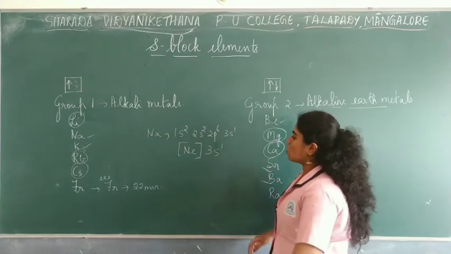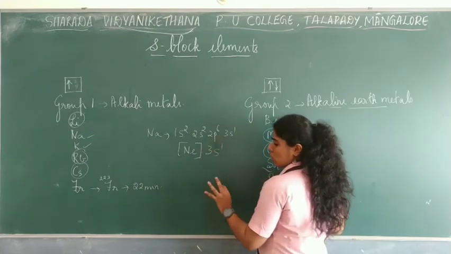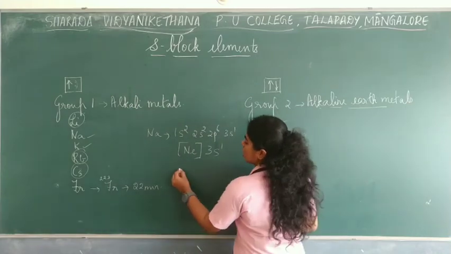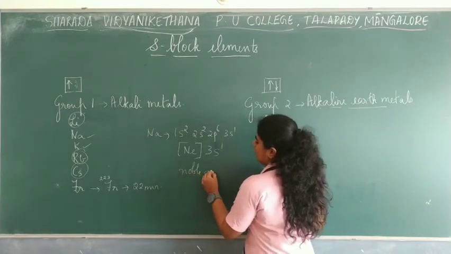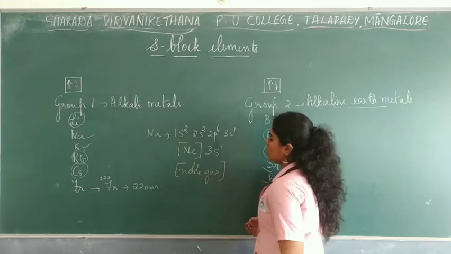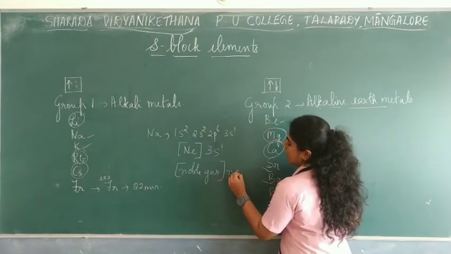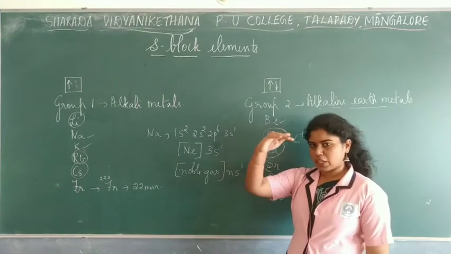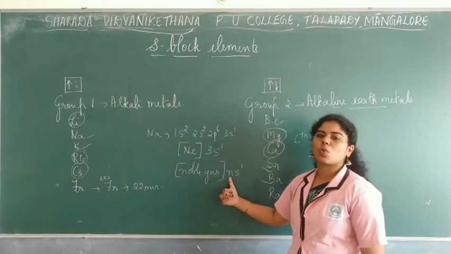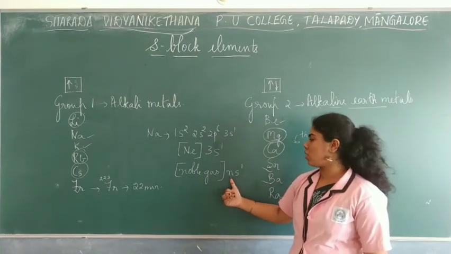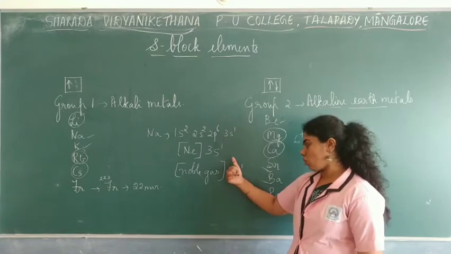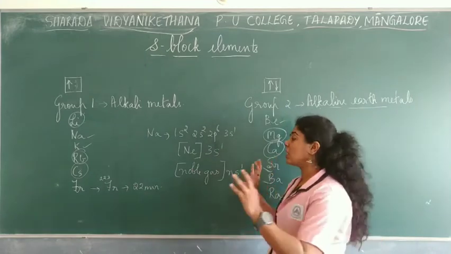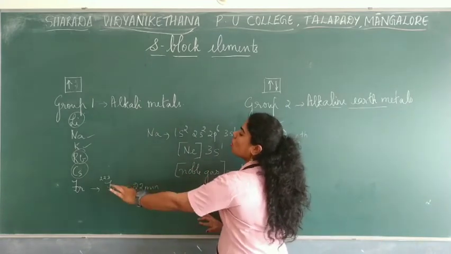So if you have to write the general electronic configuration for all of these first group elements, how do you write it? You write it as a noble gas core, and then ns1, where n represents the principal quantum number for a particular period. Here sodium comes in the third period, that is what it represents. So the principal quantum number is n, and s is your orbital with one electron. Instead of neon, it is the respective noble gas. So this is the general electronic configuration for all of these alkali metals.